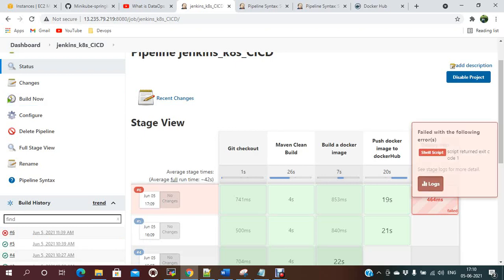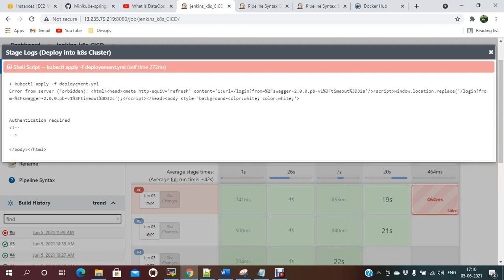Let me see. It failed. What is the issue? Authentication issue. Let me fix this issue.